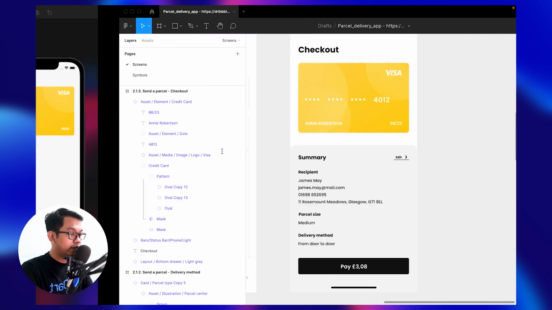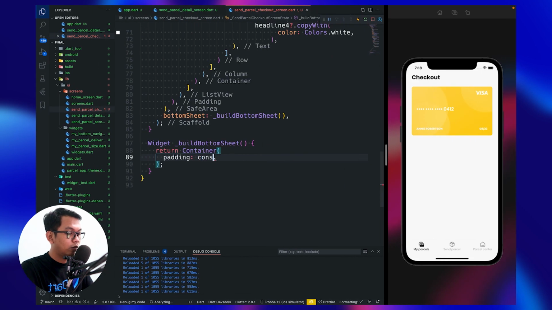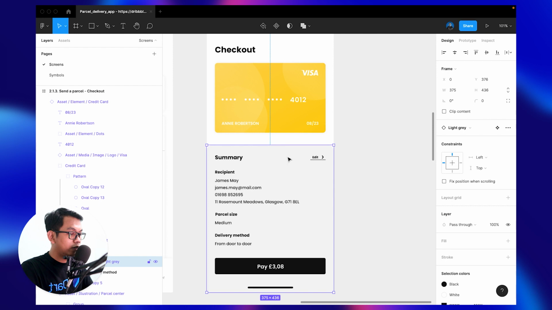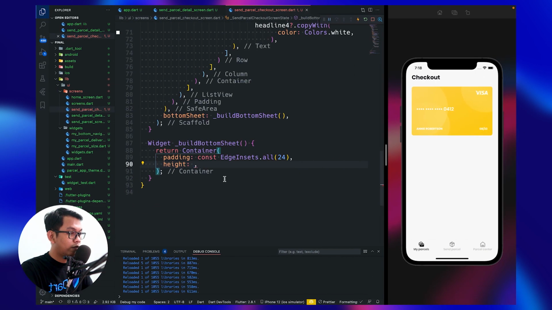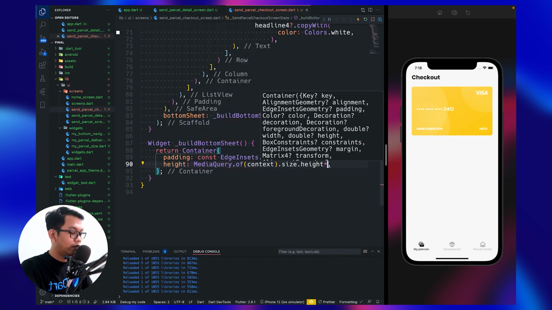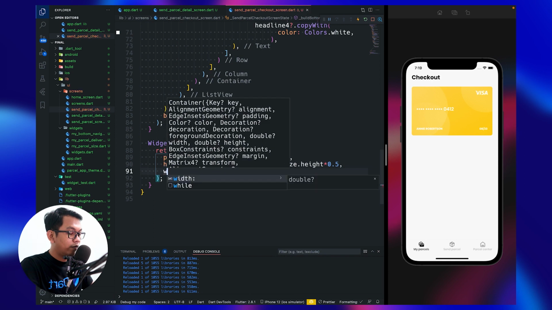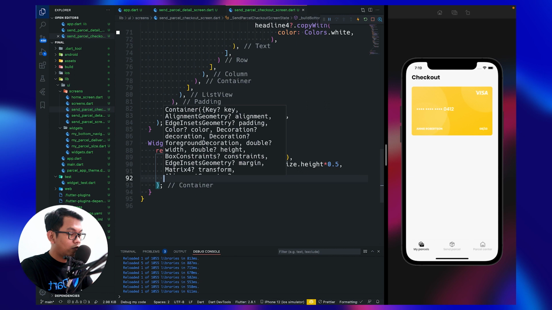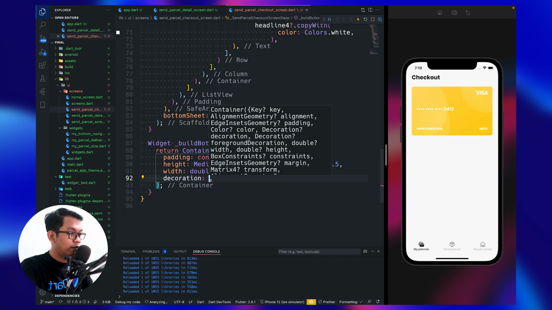For the padding, let's set it to 24. And for the height, it's around half of the height, so we use media query of size height times 0.5. And for the width, we say double dot infinity to make it the same as the width of the device.